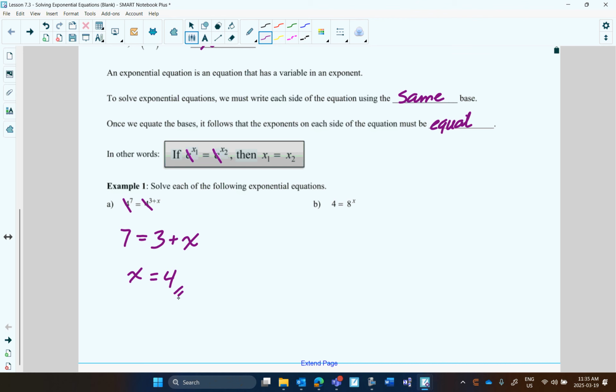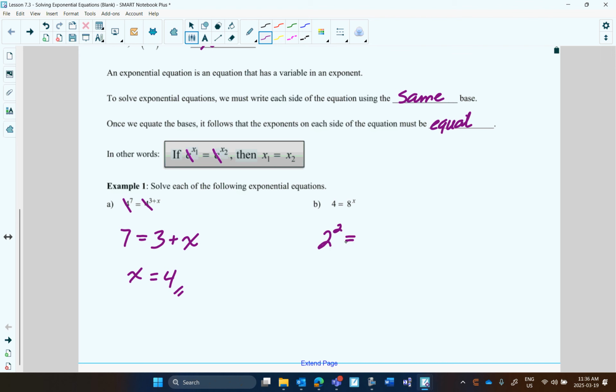A little different with this one, because the right side is in power form, but the left is not. Can I change one or both sides so that the bases are the same? What do I have to change the bases to? 2. Because you can't do 8 to the what is 4. That doesn't make any sense. So we're going to have to use a different number. So 2 to the what is 4